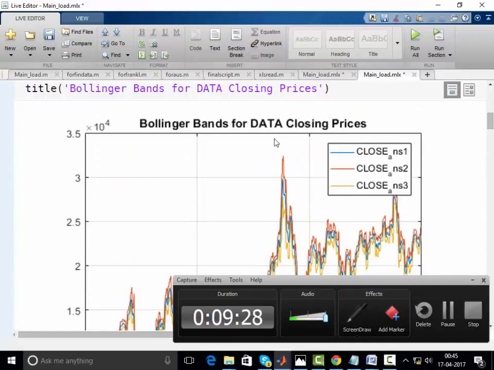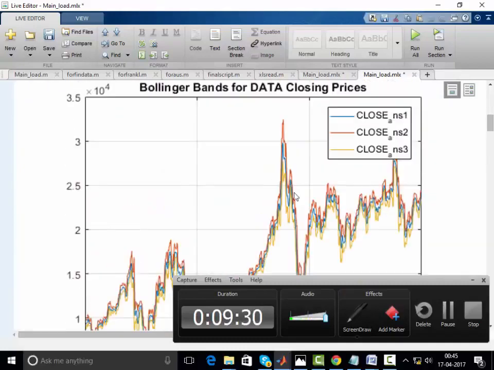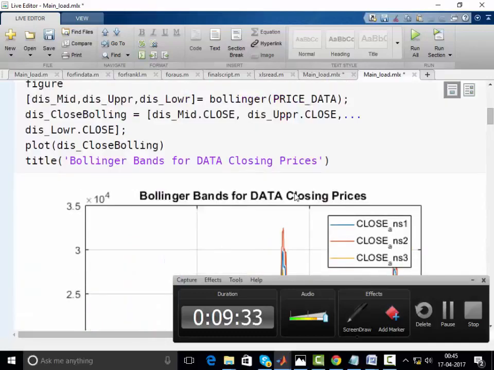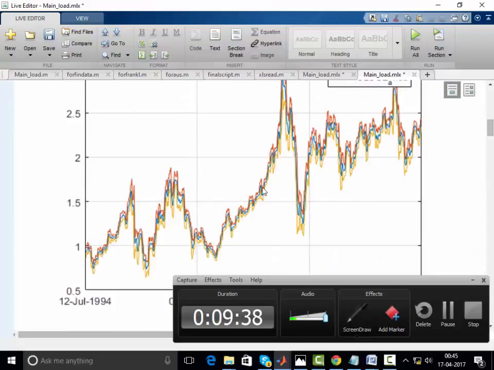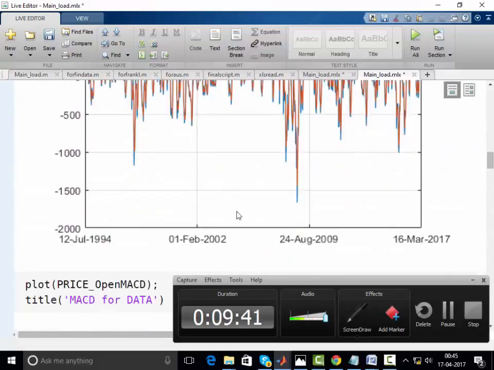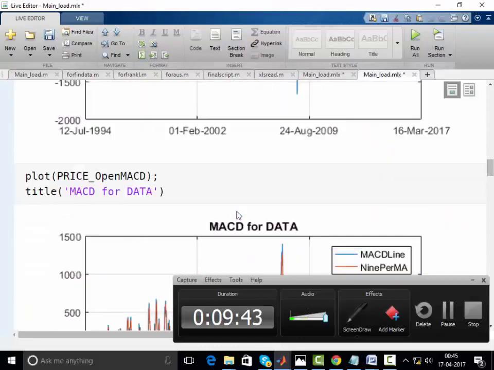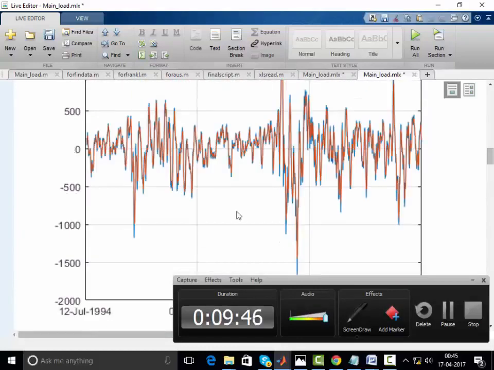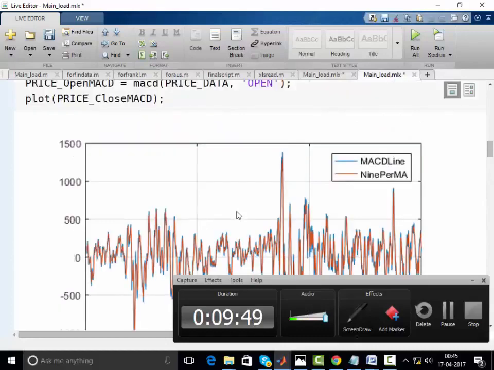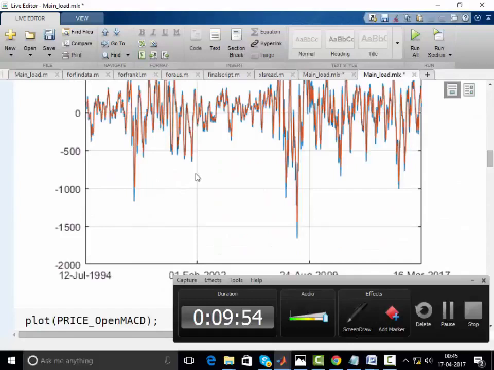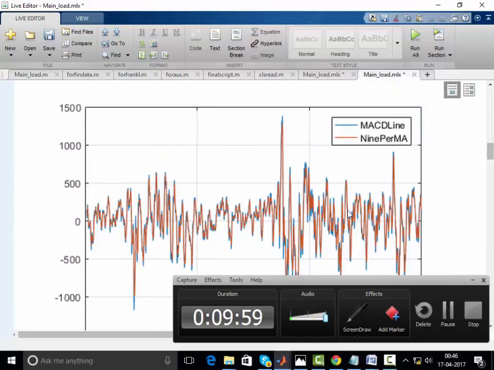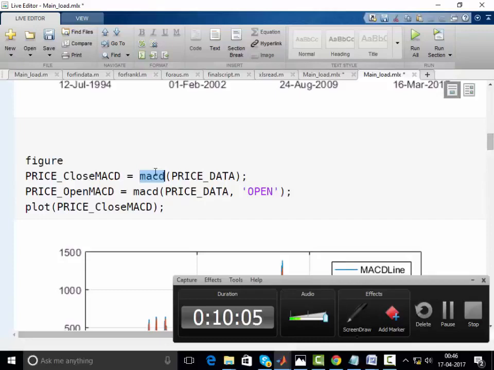All you need to do such analysis is pass your data into MATLAB, and there's a function available in MATLAB, bollinger, which helps you find out the behavior of the data. With the help of that data, you will be able to analyze the future investment time, what is the right time for investing something, and it is quite easily seen with the Bollinger. Or if you want to invest for a short period of time, then you must see the moving average line, and it is available in MATLAB by the function name macd.